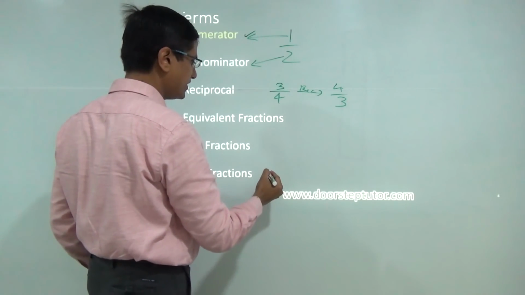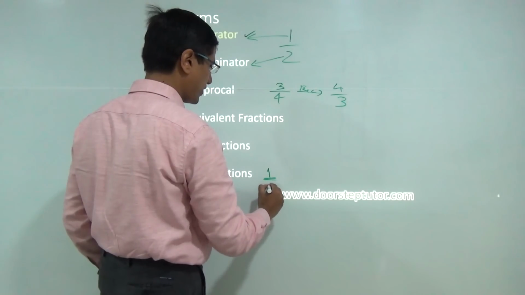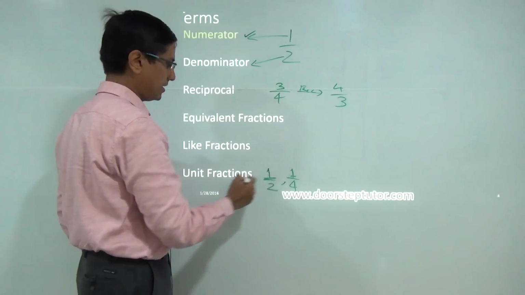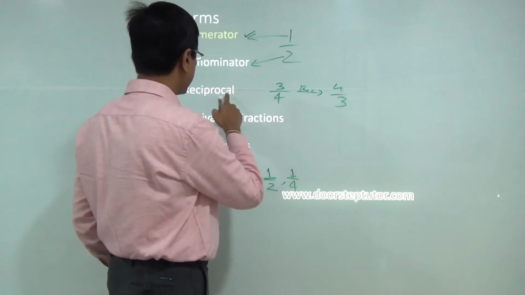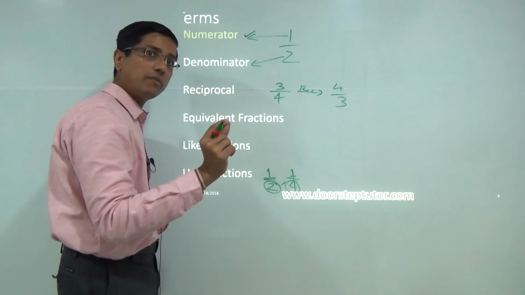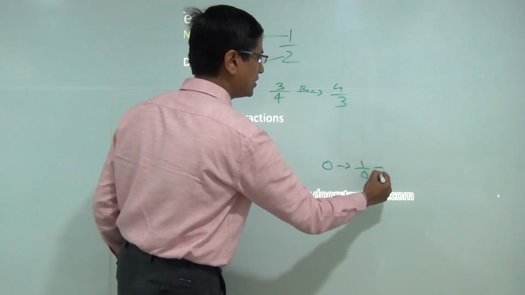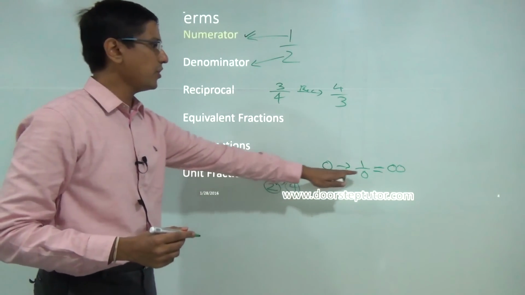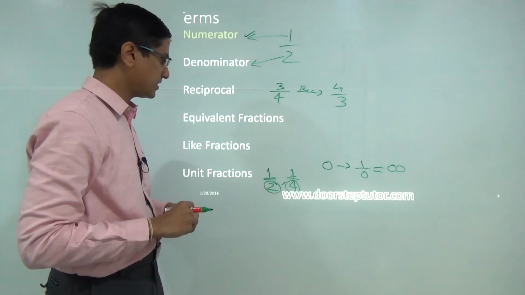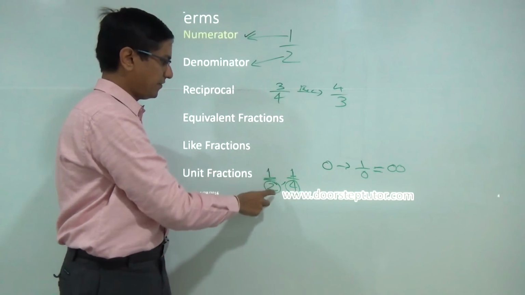Unit fractions are those in which the numerator is 1. For example, 1/2 and 1/4 are all unit fractions. The numerator of all of these is 1. They can be simply created by taking the reciprocal of a natural number. Note that I am saying natural number and not whole number. Whole numbers also include 0. If I take the reciprocal of 0, I get 1/0, which is really not a number, it's infinite. You should not typically encounter this situation in any kind of calculation. If you do, you might have to reinterpret your results. So unit fractions can be created by taking the reciprocal of natural numbers.